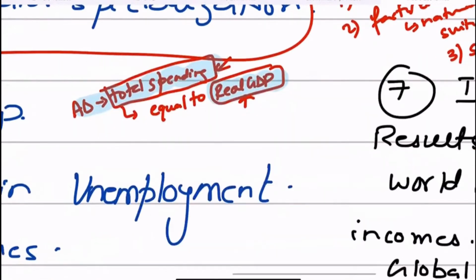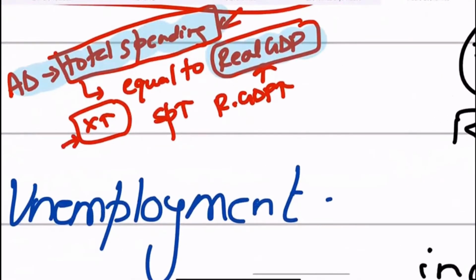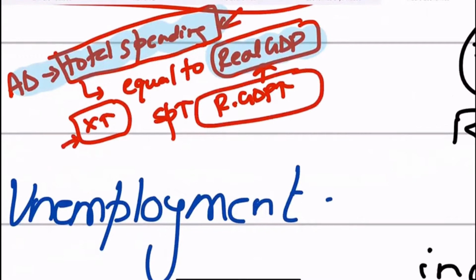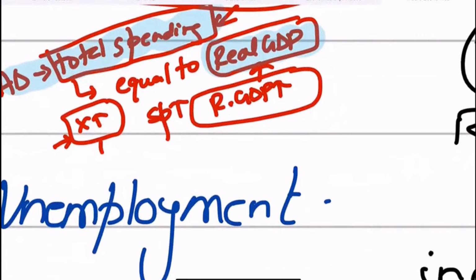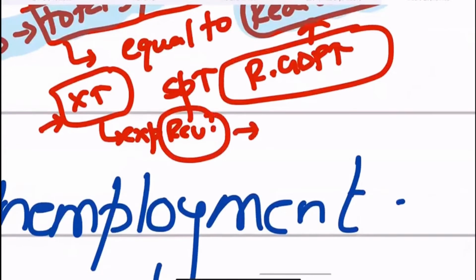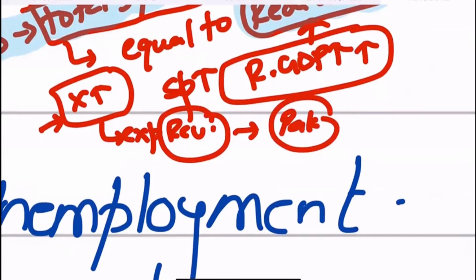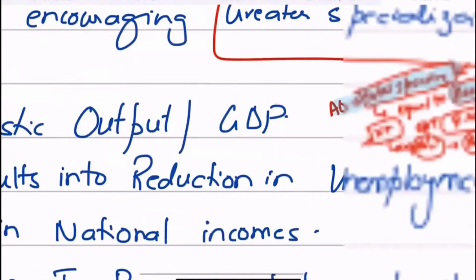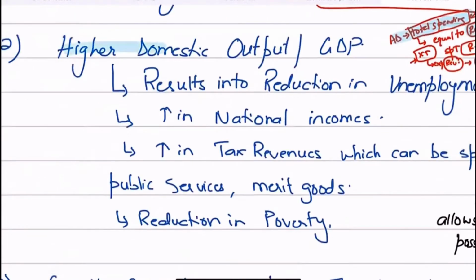So if exports are a component of aggregate demand and your exports go up, your spending goes up, and so does your real GDP. So remember that whenever exports rise because of international trade, your real GDP will go up, because exports result in export revenues. And these are revenues for the domestic economy, for Pakistan, right? So if Pakistan's export revenues go up, Pakistan's GDP should go up as well. So higher domestic output, because you're specializing in it, results in higher GDP.